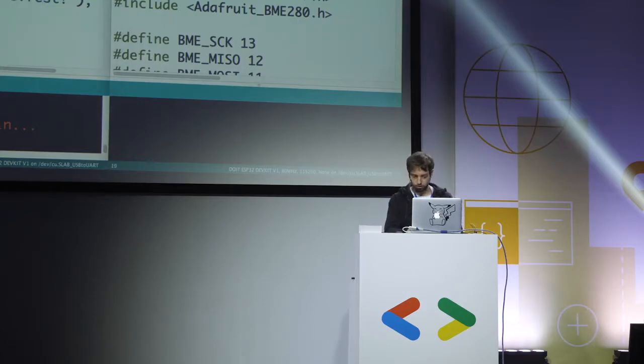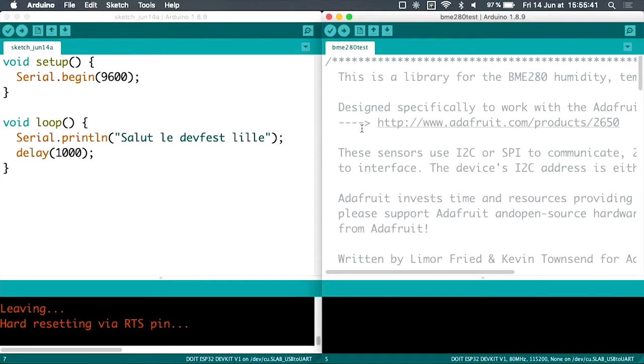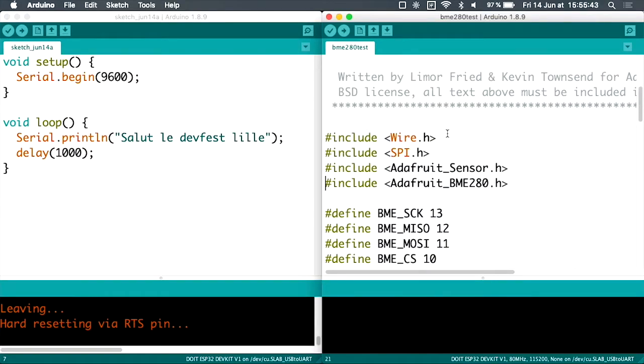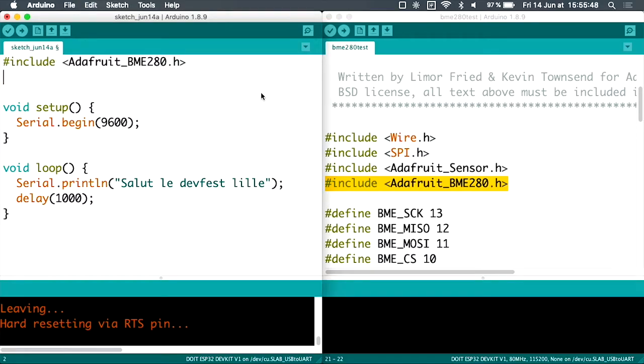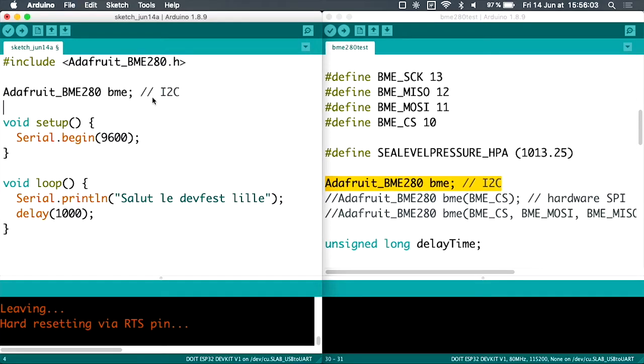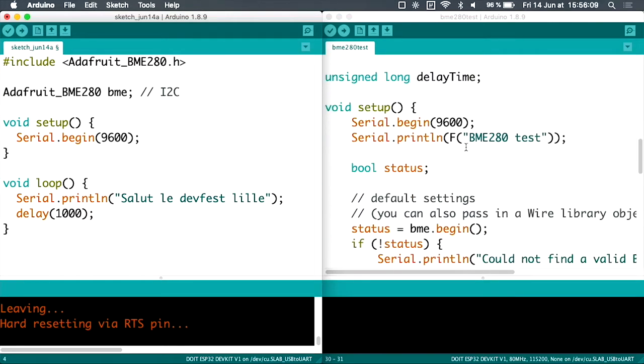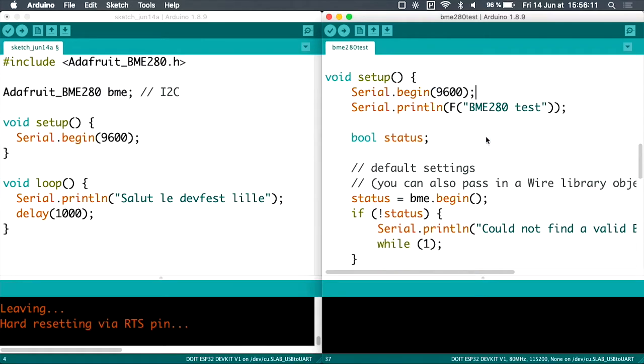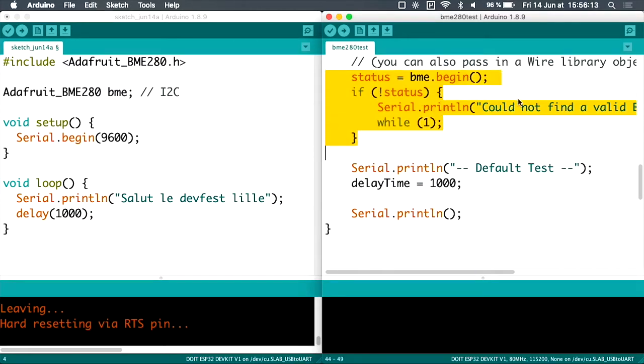So how do you do it? Usually, the first thing you have to do is import your library. So we will include our library. Then we need an instance of the object. I will get the temperature thanks to an instance of my component, which is named bme. Remember, in the setup call, you initialize your stuff. So here we will call bme.begin to initialize my sensor.